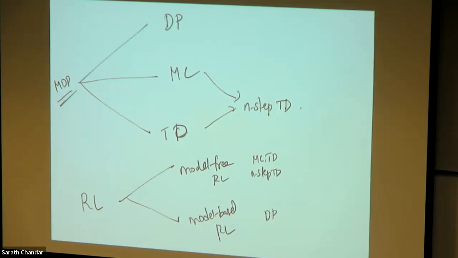There is some answer in the chat, but that's not correct. I'm asking for an example model-based algorithm that we have seen. Some of you are going back in your notes if you have notes. Just to make sure that DP is model-based because it has access to the transition dynamics, okay? But it is not a very interesting model-based algorithm because there is no learning in it. The model is given, then you're just estimating the policy.